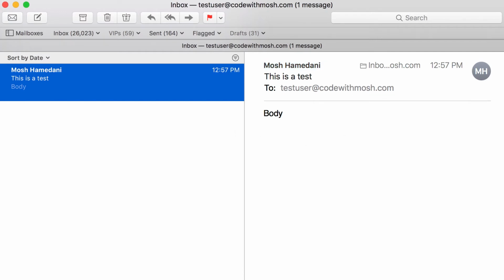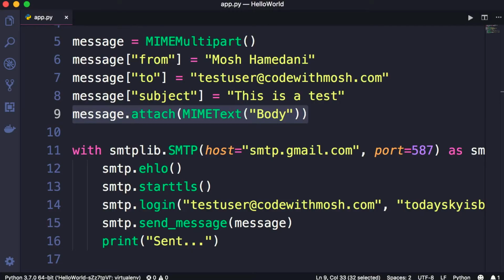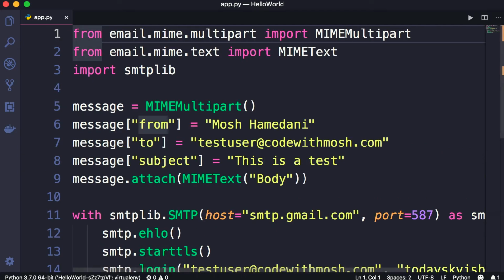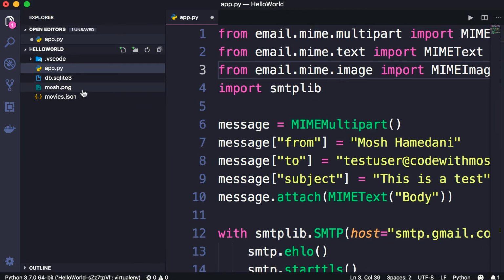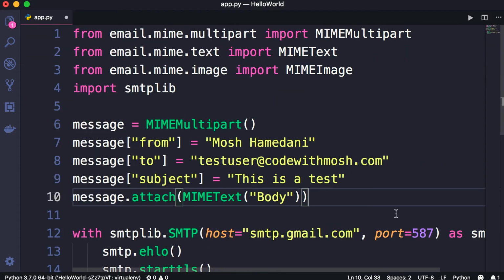Let's take this to the next level. I want to attach an image to this message. So here on line 9, just like how we attach text to this message, we can also attach an image. On the top, from email.mime.image, we need to import the MIMEImage class. Now here in this directory, I've put a picture of myself, mosh.png. So after line 10,